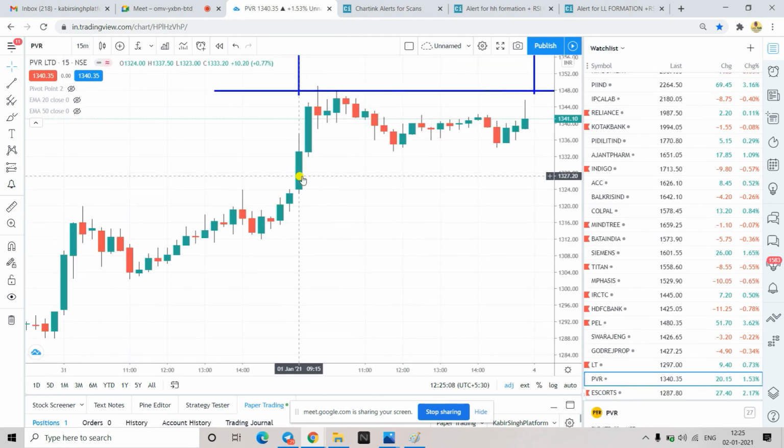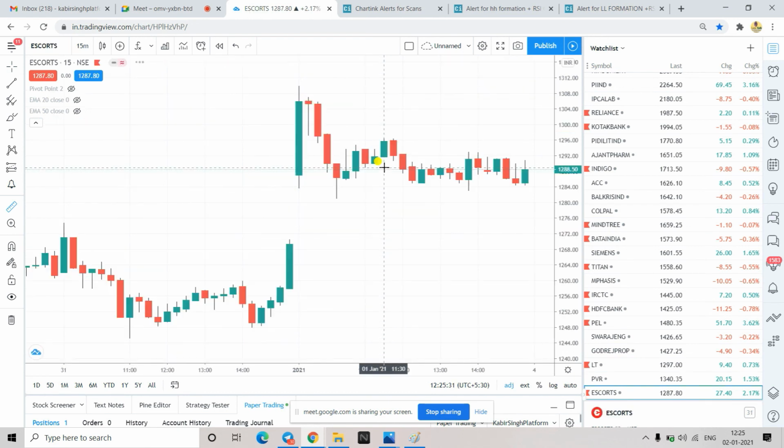In this case, my previous day high was broken. Okay, so on the high of that I can enter. All right, and somewhere here I would book profit also, because from here it got rejected, and by the time it has gone till there, it would be more than 0.5%. So I would have booked some profit, or only a small quantity I would be holding. Like that, you just scroll down.